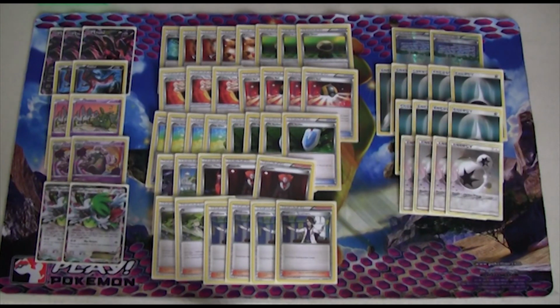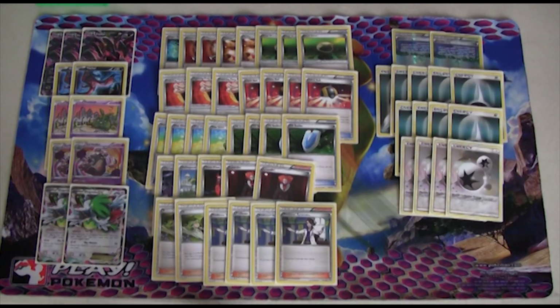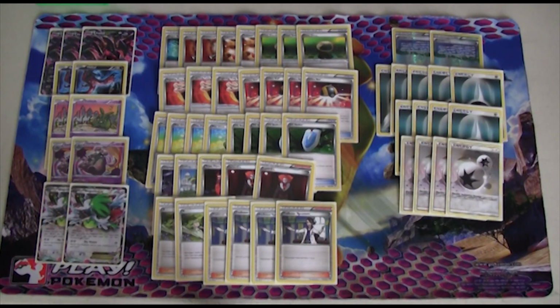Delinquent's actually one of my top 5 favorite cards in the standard format right now. It's really, really good, in my opinion. But the 2 parallel is nice. It limits your bench to 3, which is really, really good. And against Volcanion, Greninja, even sometimes Vespiquen builds, you can limit their damage output so that for Volcanion they have to do an extra